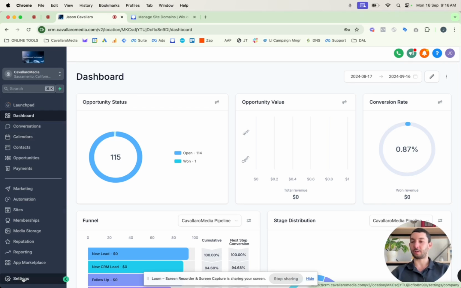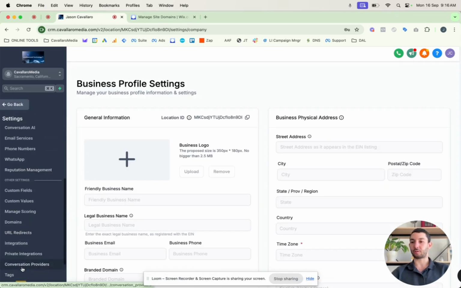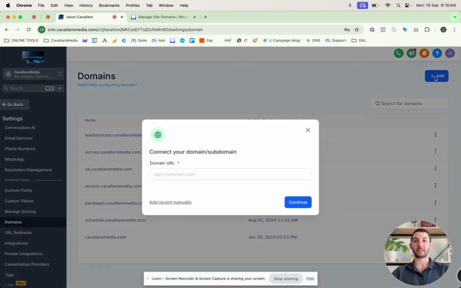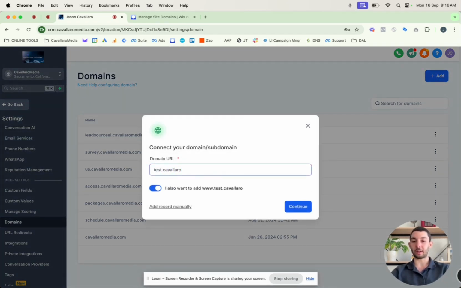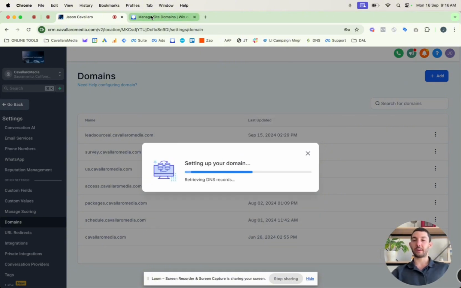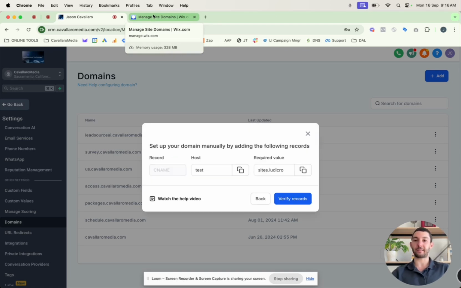So here we go. You want to go into settings down on the bottom left, then scroll down till you get to domains. Here are all of the subdomains that I've set up. Now we're going to go to add here. Let's just choose a domain like test.cavallomedia.com. What happens is that's going to then give us a CNAME record. Once I add it into Wix, then it's going to link it and make that